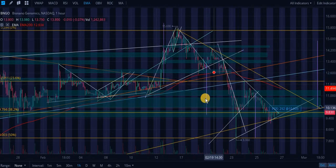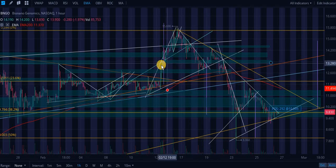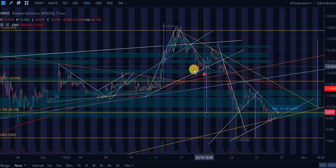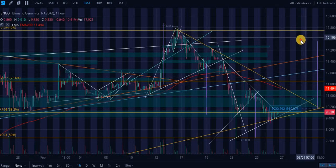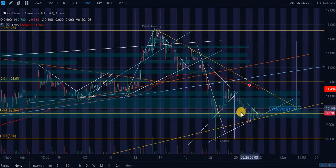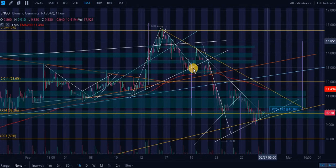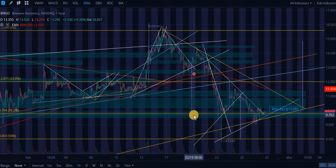Second price target that I set, this purple price target right here. The price targets are all going to be in light purple. This is the first one right here based on this bull pennant. Here's the second one right here. This is based on this ascending level right here and this descending level of resistance. These are all bull flags, except this one's not really a bull flag because we're obviously on the downtrend short term. But this was the price target roughly,